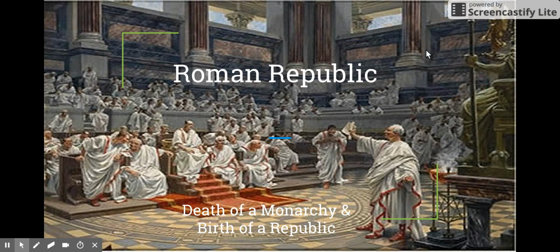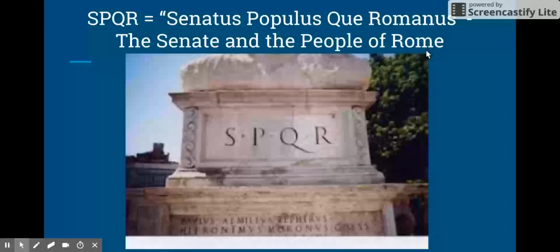So what we're going to do is start off by looking at what we call SPQR. Now, SPQR was simply an acronym used by the Romans to explain that they would never ever have a king again. They would never be under a monarchic rule, that they would basically give the Senate to the people of Rome, and the people of Rome would lead the direction and would be the guiding light for many generations to come.